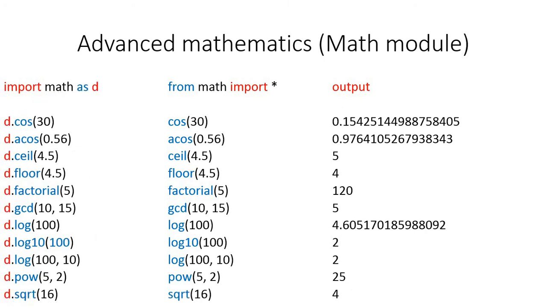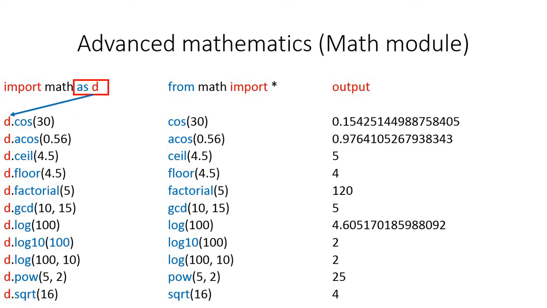Another method is the use of the as keyword with the import command. For example, you don't want to use the whole word math, M-A-T-H, with every math command. Then, to make it smaller or use another name instead of math, use the as keyword. For example, instead of math, I want to type D here, then you will have to type import math as D. So math will be imported as D, not as math. So you can use then